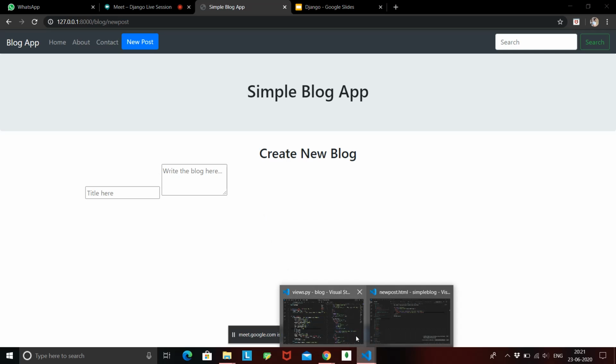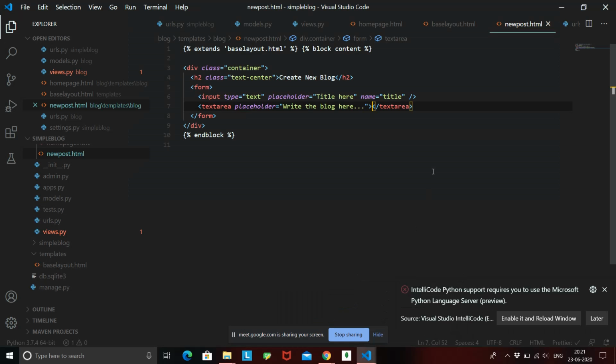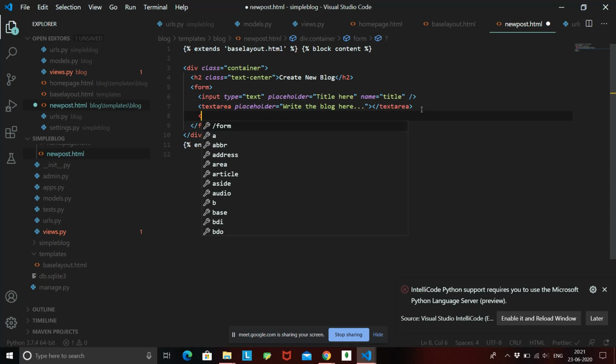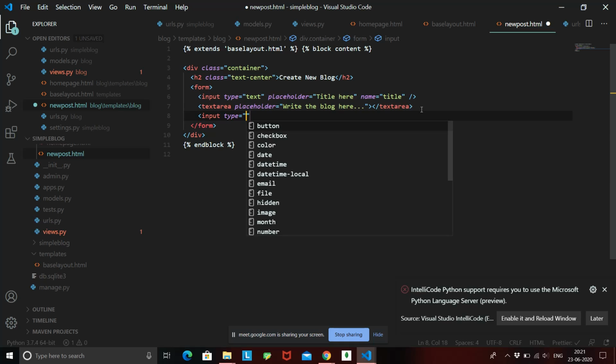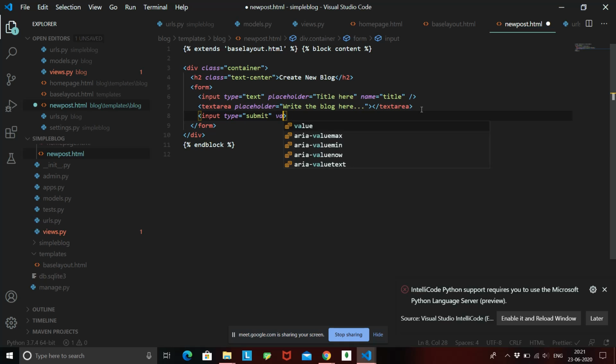So let's create a button over here. We'll just say input type submit, and we can just give value equal to post, and we'll give it a class of button primary.